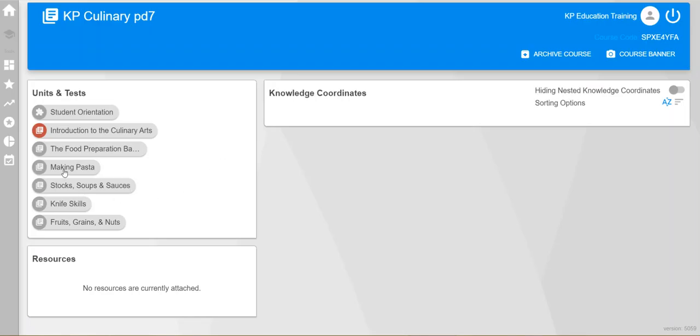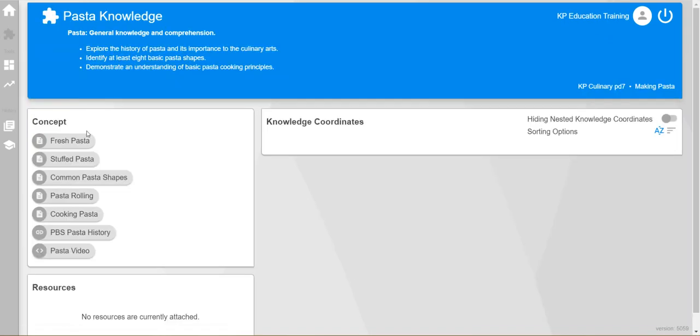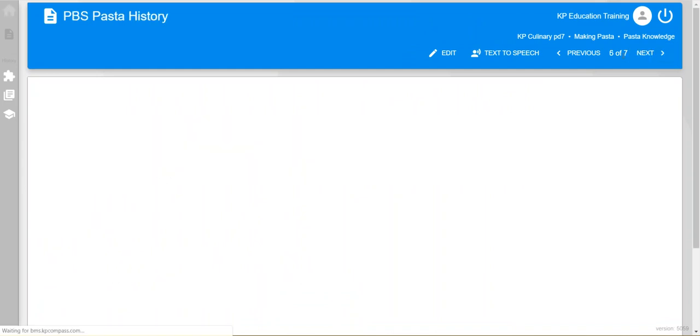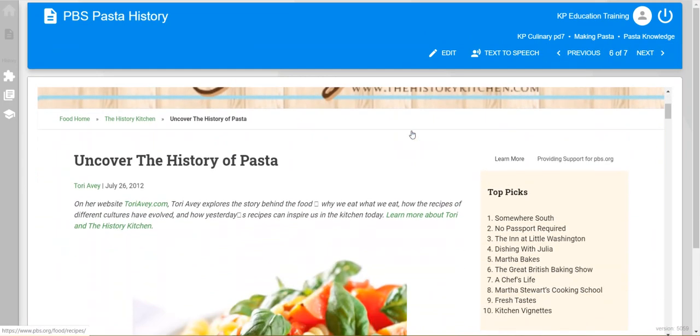So let's go to our Making Pasta module, the Pasta Knowledge, and you can see here we have two new items, the PBS Pasta History and the Pasta Video page. So let's say I'm a student and I'm clicking through the content. So this is one of our pages, as you can see. But then let's go next, page number 6. And what does page number 6 look like? Oh, it's the PBS